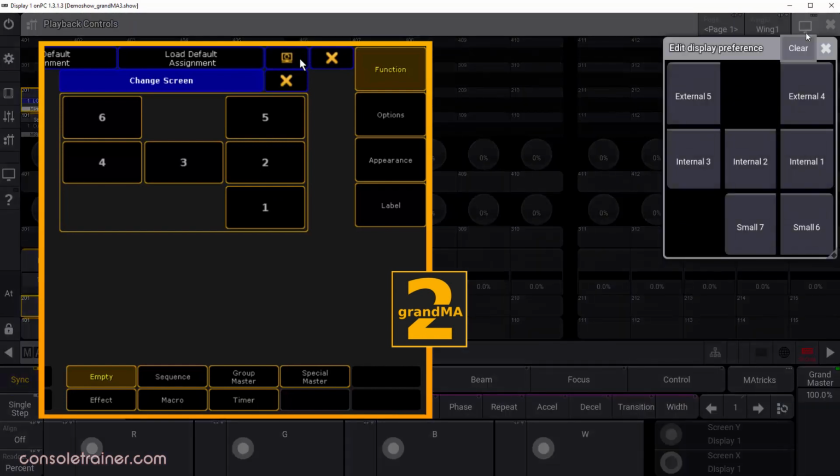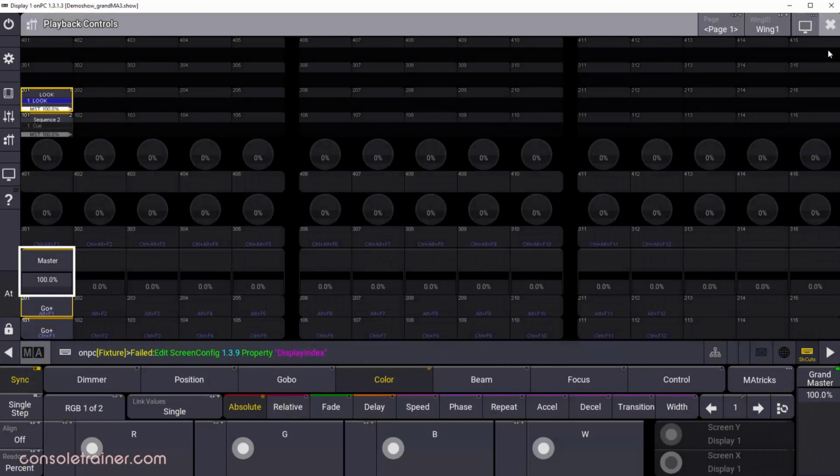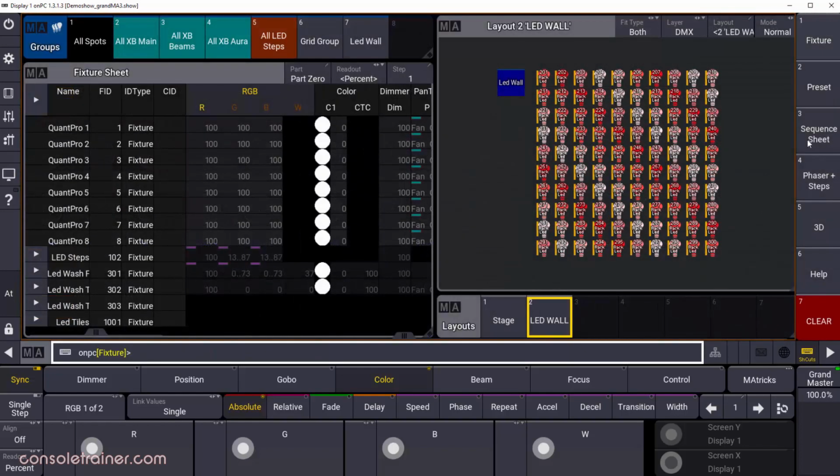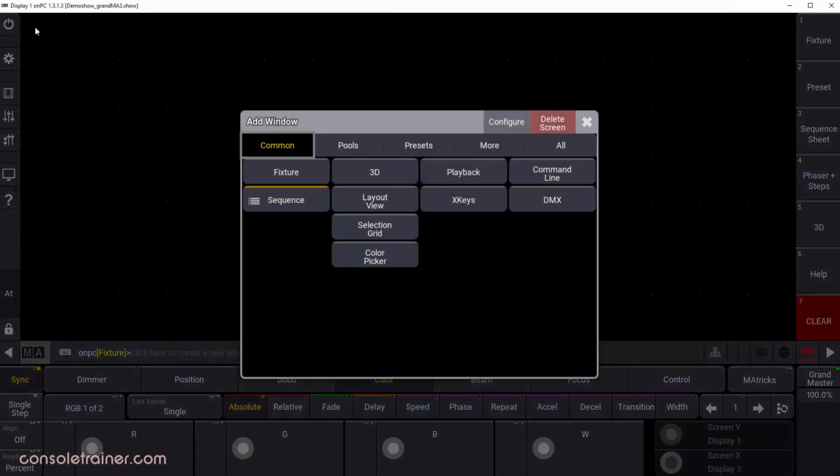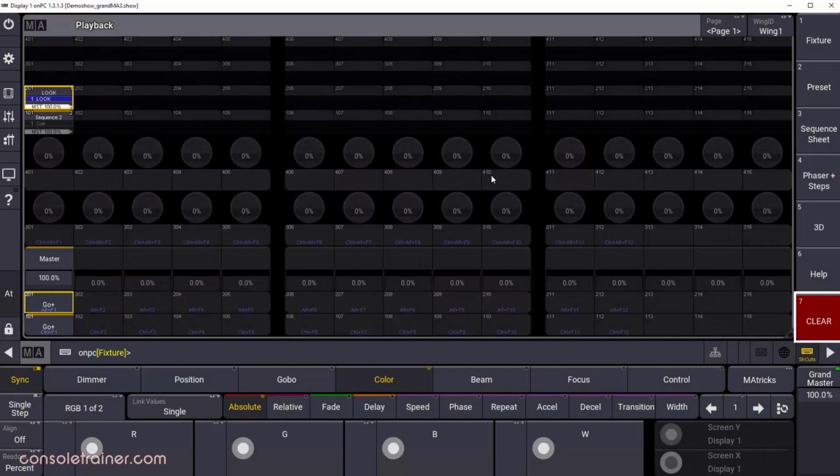So, since this is an overlay window, what would we do in onPC if we wanted to store it as a view? Well, in this case, we do have this same window available as a non-overlay option. I'm going to close the overlay, clear my screen, and touch it. Then from here, I'll pick Playback. This window looks the same, but this time it's not an overlay, so I could store this as a view. We'll come back to views and all those possible windows we can create in another video.